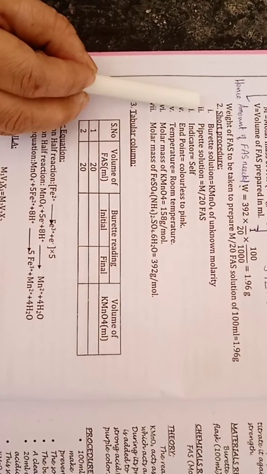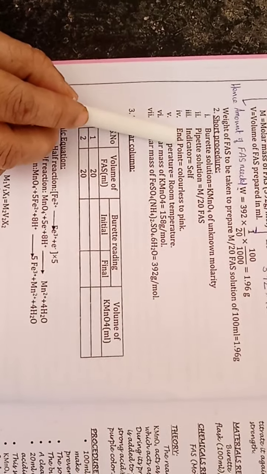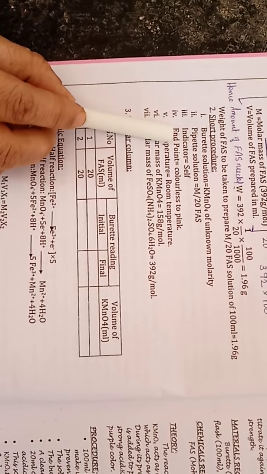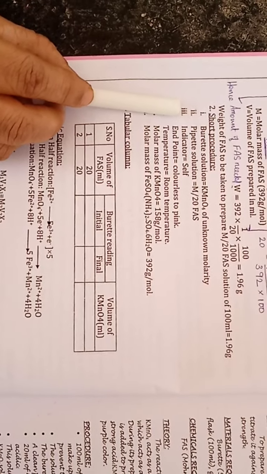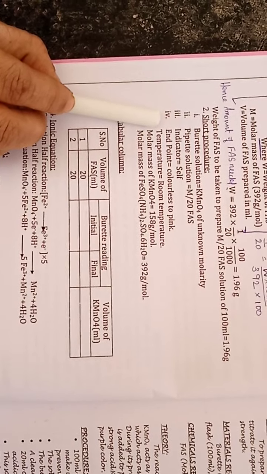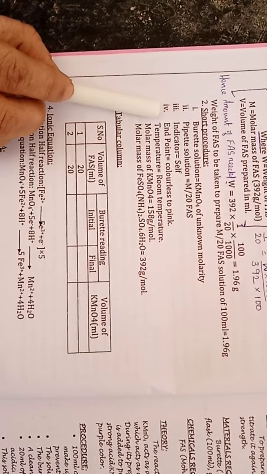it we are going to prepare. So we will be using a pipette, 20 ml pipette. Then indicator: KMnO4 being deeply colored, it acts as a self indicator. So indicator is self, we are not going to add any external indicator. And the end point: initially the color of FAS is colorless and it's going to become pale pink after the completion